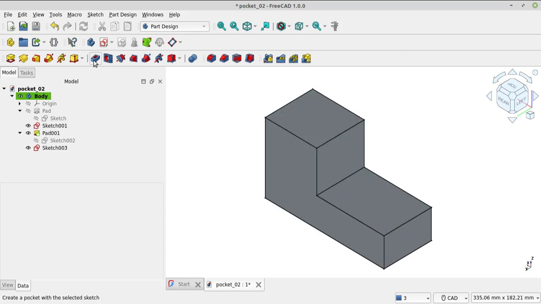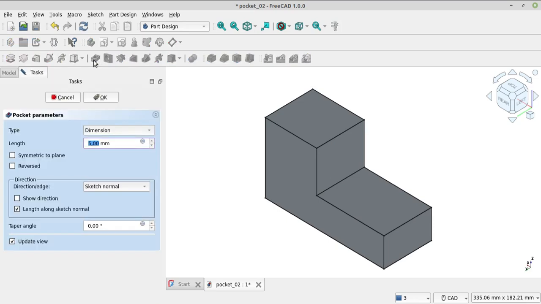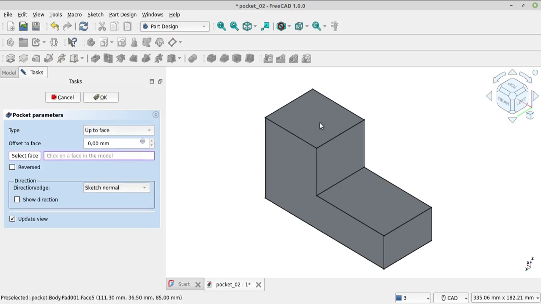Click pocket and choose up to face. I will choose this face.